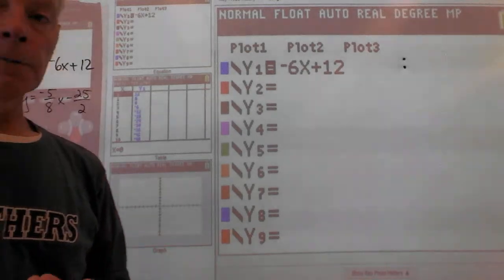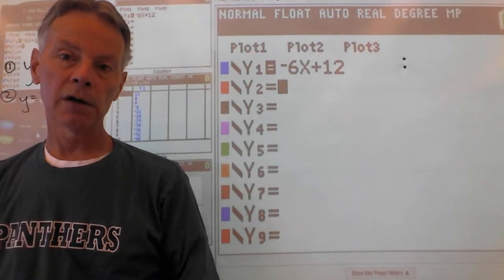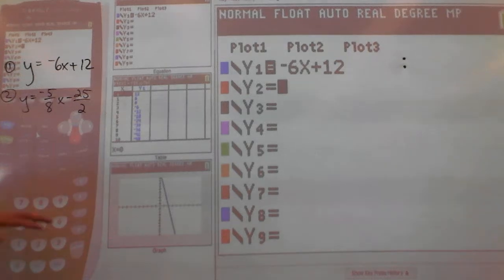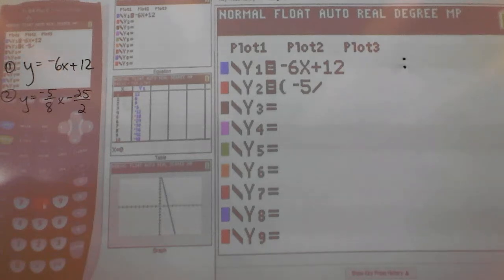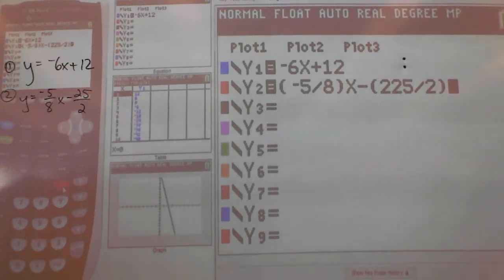Cursor down to the second line and plug in your second equation. When you plug in fractions, always plug them in within brackets. So we've got two fractions to plug in here. So bracket -5 divided by 8, close the bracket. And then your variable x, so -5/8 x minus, and again, put your second fraction in brackets,